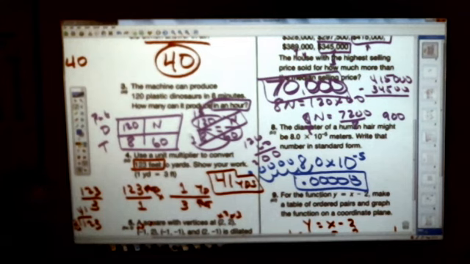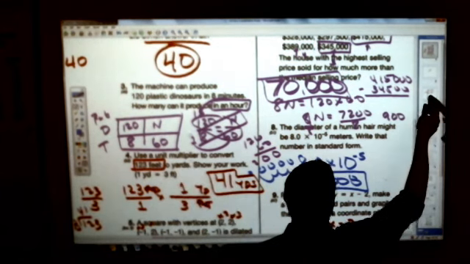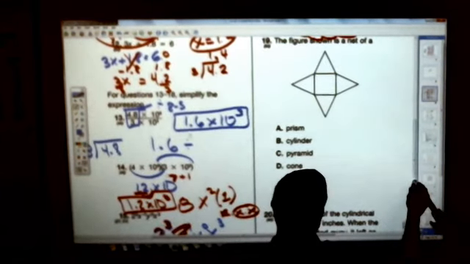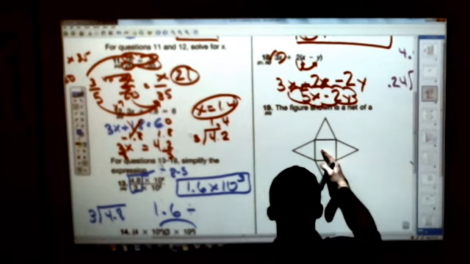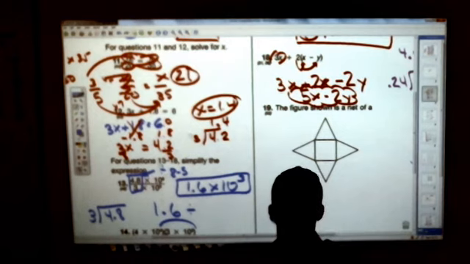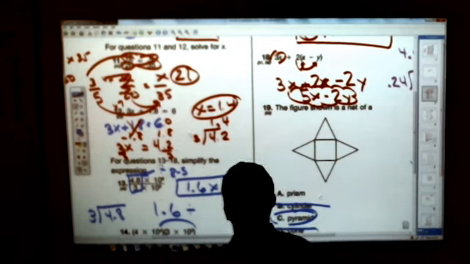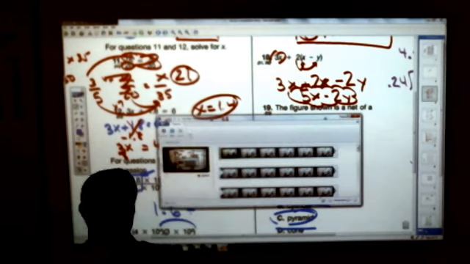We've done all 20? No. Yeah, we've done 19. How do you do 19, Mr. Hahn? Well, I look at that and I think it's got a box and triangles, so I go, oh, it's a pyramid. Since it doesn't have anything round, that crosses off cylinders and cones. And a prism has to have equal bases, so I believe